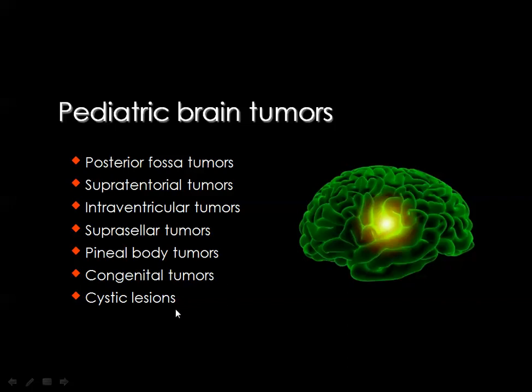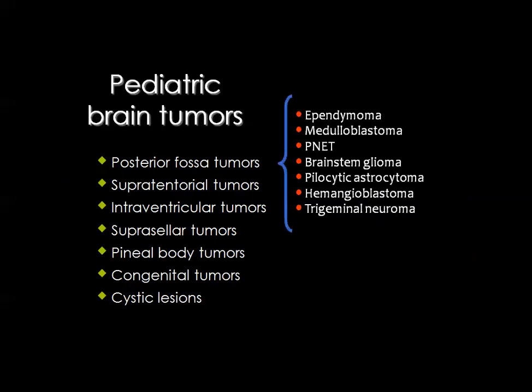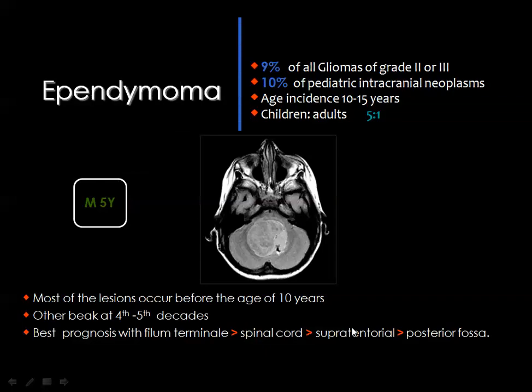Starting with the posterior fossa lesions, we have a lot of space-occupying lesions or tumors that can occur in the posterior fossa. And the most common, of course, is the ependymoma and the medulloblastoma. But we have also the brainstem glioma, the pilocytic astrocytoma, the hemangioblastoma, and the trigeminal neuroma. Also, we will say something about the primitive neuroectodermal tumors. First, we discuss the common posterior fossa tumors in the pediatric age group, and this is one of them, which is the